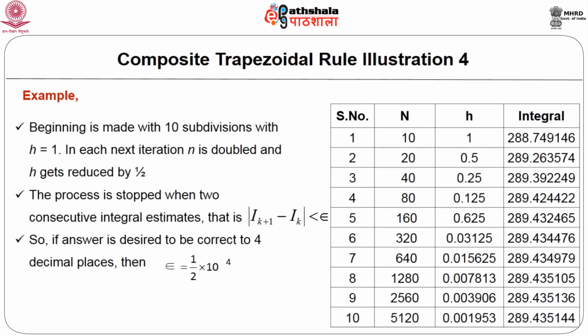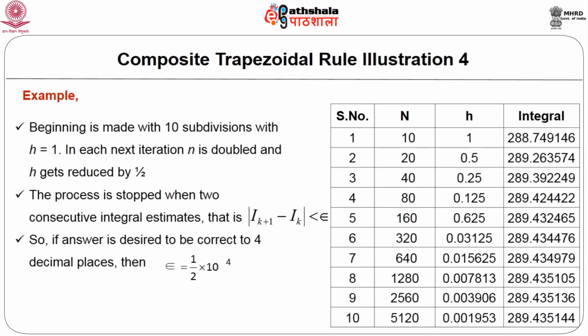289.392249. Again the n was doubled, 80, h became half of the previous case, 0.125, and the integral came out to be 289.424422. Next step, n was further doubled, 160, h was reduced to 0.062500, and the integral value is 289.2465. Again double, 320, because it is not becoming constant up to 4 decimal places. h is 0.031250, and the value is 289.434476. Then 640, h is 0.015625, value of the integral is